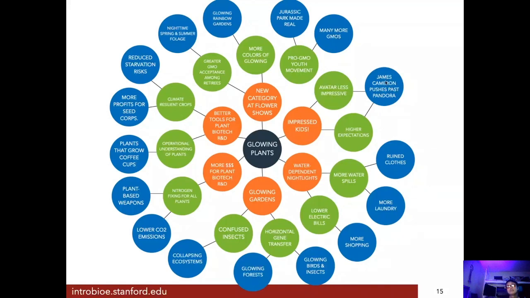Future's wheel, pretty cool. And the point here is to imagine first, second, third, fourth order impacts. Keep going until you get tired, basically. But most importantly, don't just stop at that. Think about what you want and what you don't want from these impacts and then redesign your project. All right?